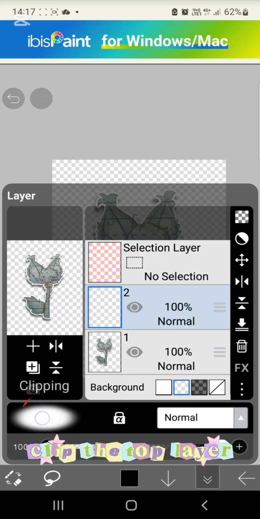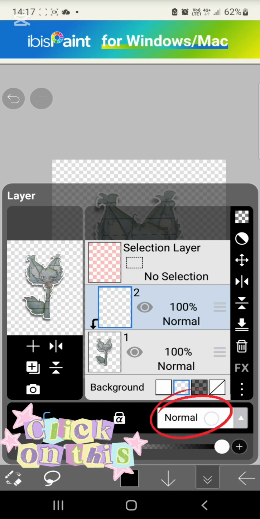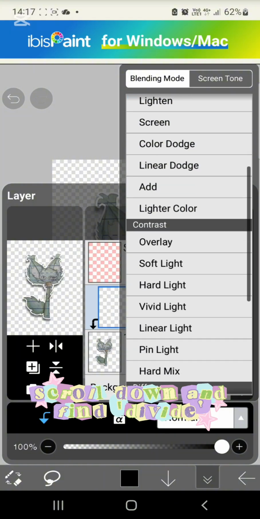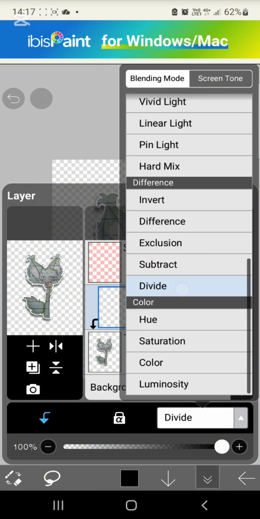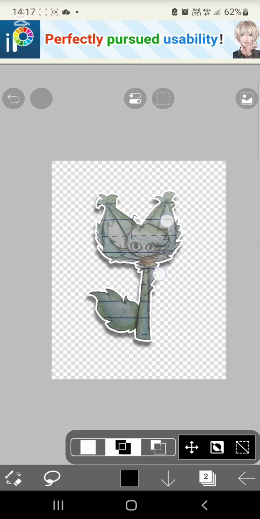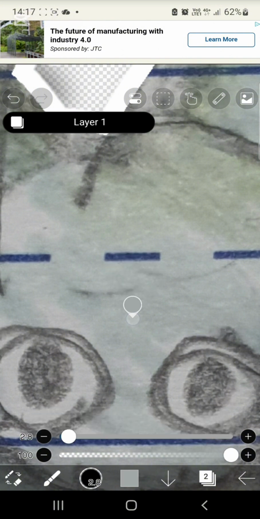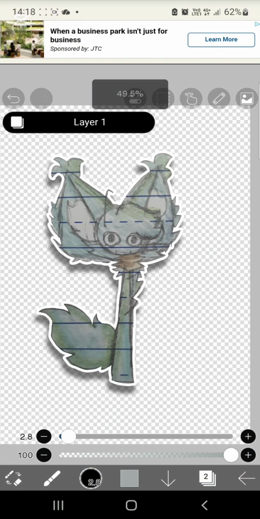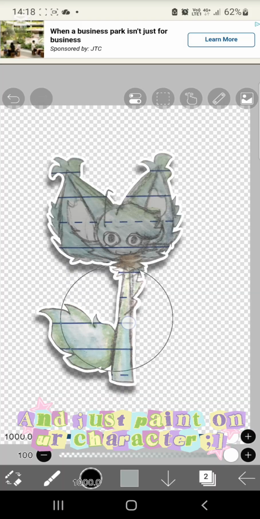Click the top layer. Click on this. Scroll down and find divide. Select the skin of your character and just paint on your character.